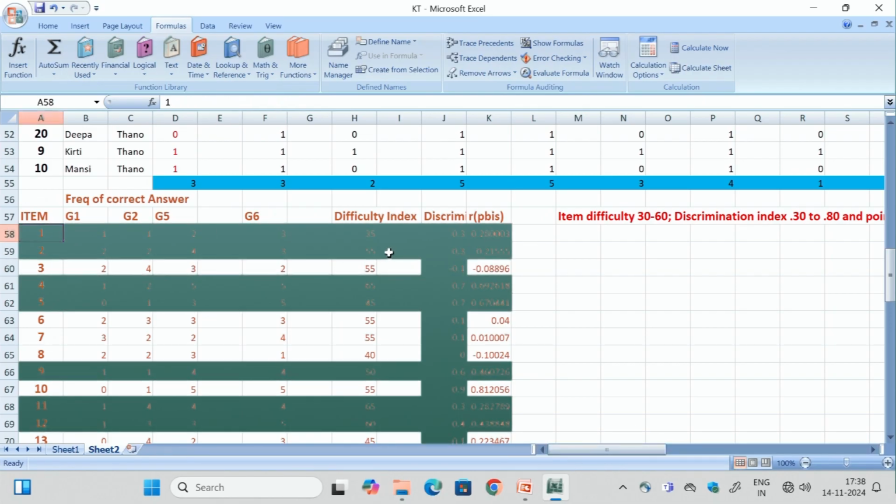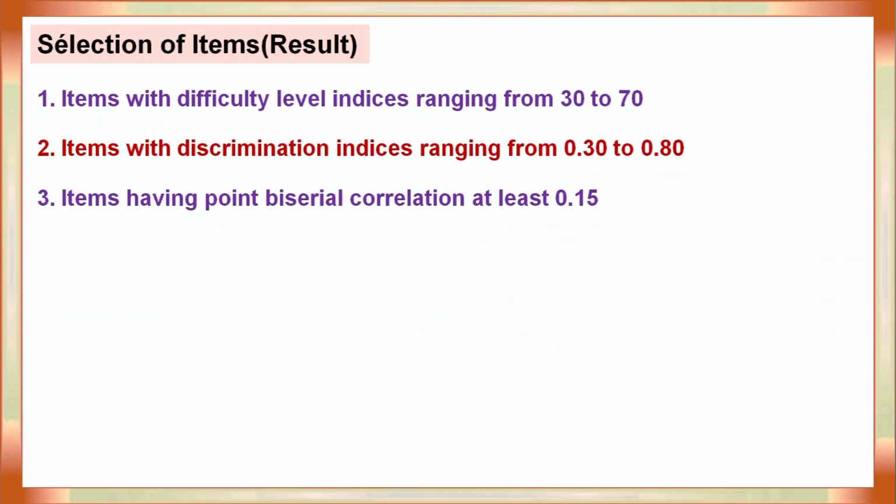The second item has a difficulty index of 55, a discrimination index of 0.3, and 0.21 as the point biserial correlation coefficient. Again it can be selected. For the third item, the difficulty index is 55, within the criteria. But the discrimination index is minus 0.1, and the point biserial correlation coefficient is also 0.08. That means this item should not be included in the knowledge test. In this way we constructed our final knowledge test and administered it on our